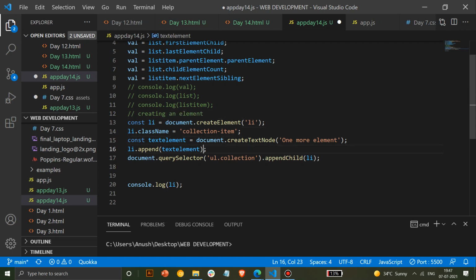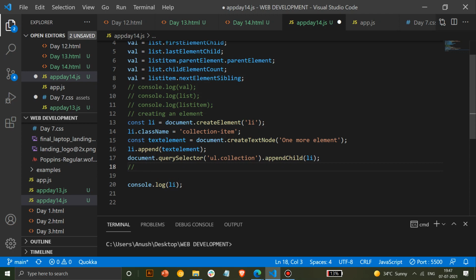Now you can create a table using HTML the same way. You have to use table here and td, and put data there using text nodes. Is that clear now? You can try making a table at home. I'll give the code also if you aren't able to do it, but try making a table using this createElement command.